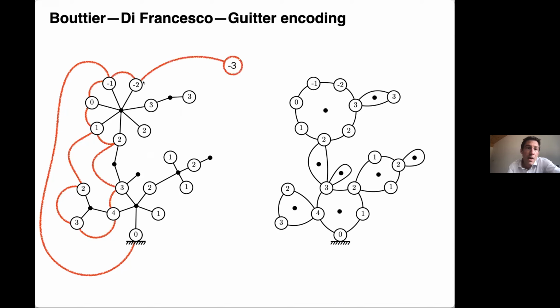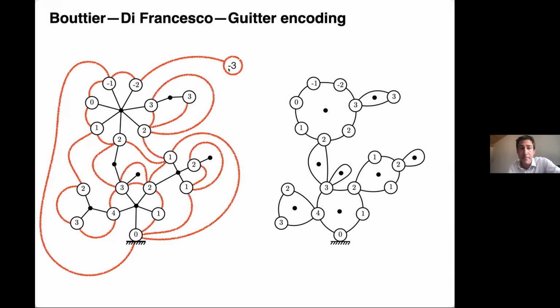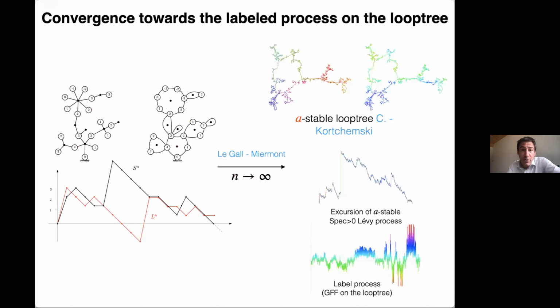When you arrive at this vertex minus 2, it's the vertex of minimal label in your tree, and so you cannot connect to the next minus 3 because there is no minus 3 in your tree. So you put just one vertex on the side with label minus 3 and you connect to it. And if you do that for the whole contour, you get a map.